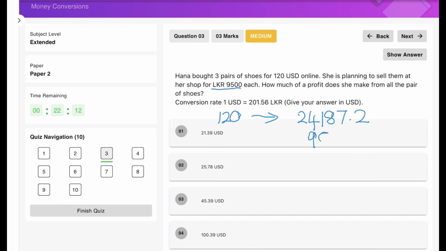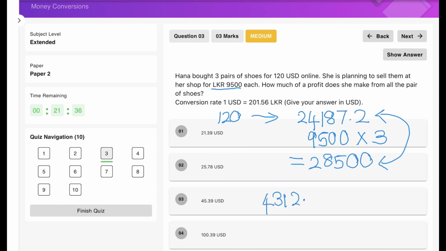24,187.2. Out of that, now she's going to sell each of them for 9,500. So that is 9,500 times 3. So she's making a revenue of 28,500. If we calculate the difference between the cost of buying and the cost that she is actually selling for, we can see that her profit is about 4,312.5. Divide this answer by